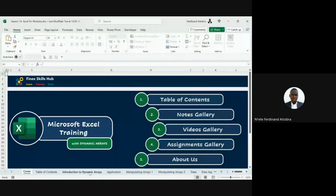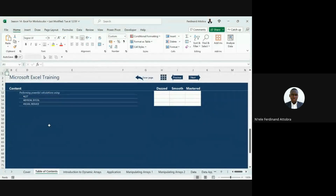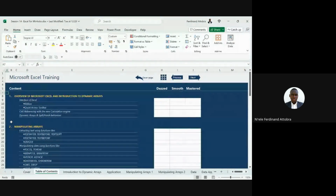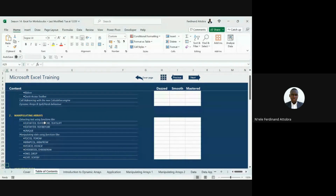Okay, so I hope you can hear me. Yes, we can. This is the workbook that we are going to use. So let's quickly go to the table of contents, and I'll walk you through the other ones. As Bernard said, we are going to start with some very basic things, the Excel overview and all that, and learn how to use cell referencing and understand the behavior of dynamic arrays. So that would be the first topics, and after that we dive into some of the functions that we are going to learn. So here we have text after, text before, text split, unique, and we are going to